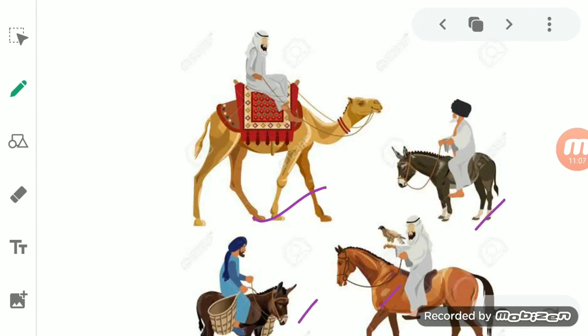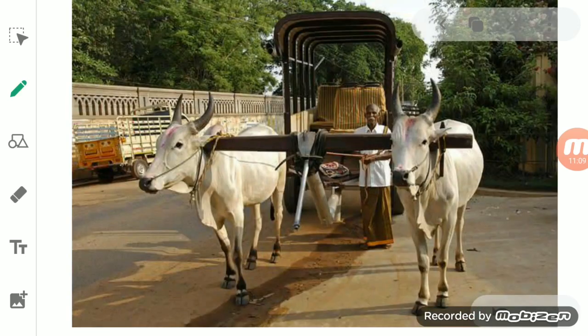So these are the different kinds of animals which were used by ancient people when they came to know how they could use animals for carrying their goods from one place to another. Later on, by knowing that animals are able to carry things, the invention was carried further, and it led to the invention of the wheel.